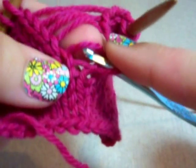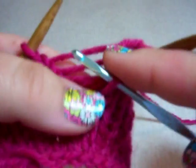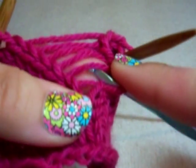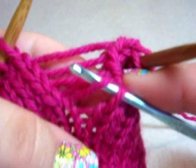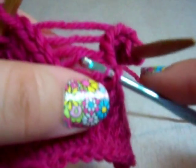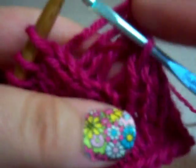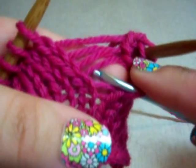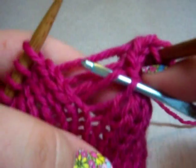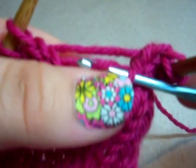Then you'll see you have all these bars, these threads. Those are the rows that would have been worked with this stitch. So you're going to go under with the hook, the very one above it. You don't want to go out of order, or else you can mess up your stitches a little bit. Just insert your hook right under the first bar, and then you'll draw it through the stitch on your hook. And then go under the next bar right above that, draw it through just like before, and continue in this manner,